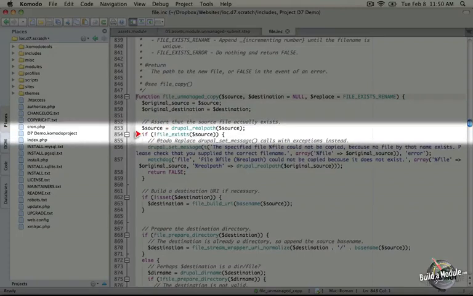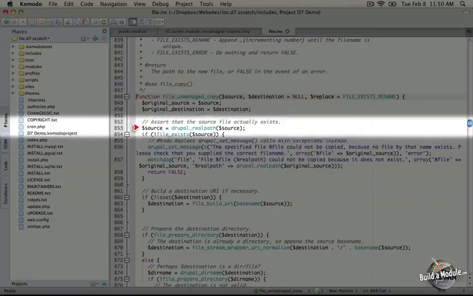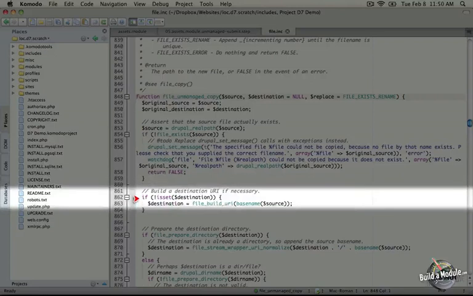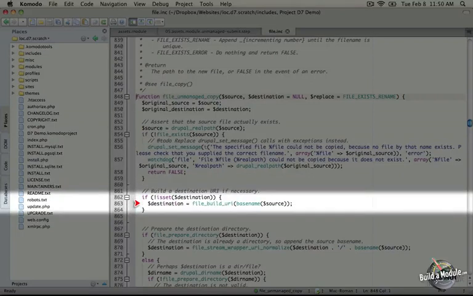We're checking to see if that file exists, and in order to use this function, we need that real path. So that's why it's getting called here. If it doesn't exist, we want to set an error. If it does exist, we want to go ahead and make sure that we have a proper destination, and we're going to build a URI from the base name of the source. So what's happening here is we're taking the file name and we're pulling out the directory name using base name, which is a PHP function. And then we're using file build URI, which will build a URI to this destination, which can then be used